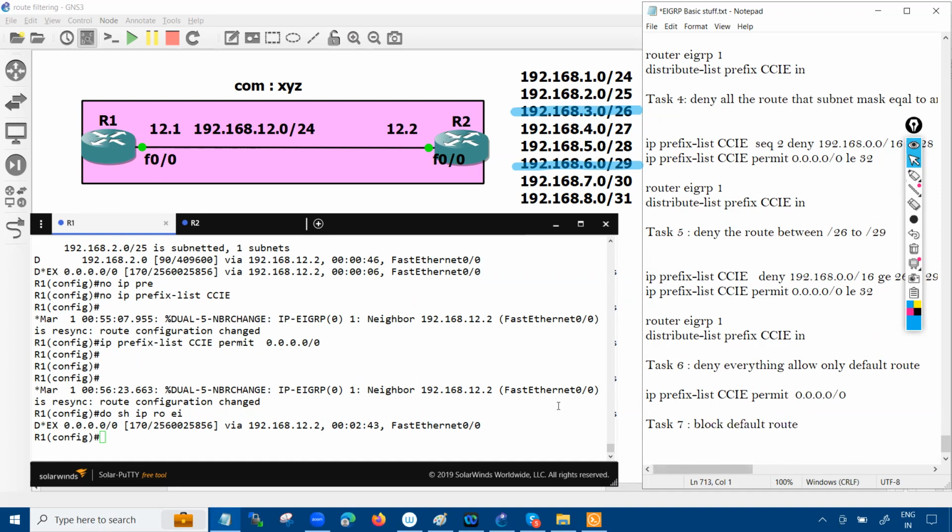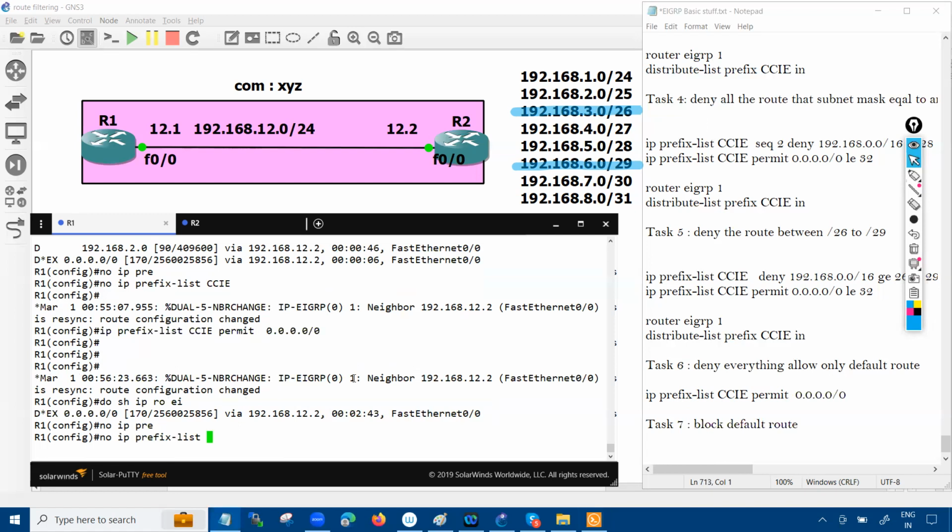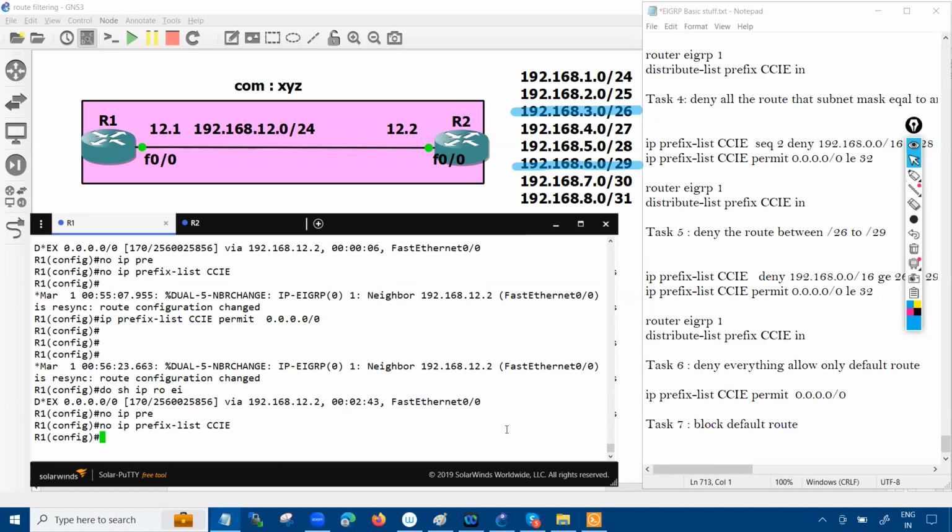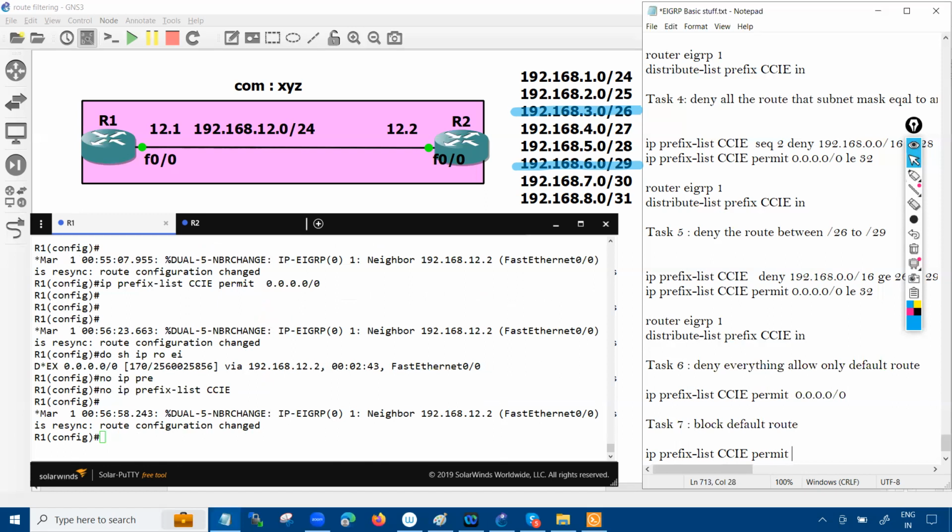So for example, let me remove this and say block the default route. So answer the IP prefix list format, CCI. I'm gonna block the default route. So I'm gonna allow the remaining one. So what I can say that